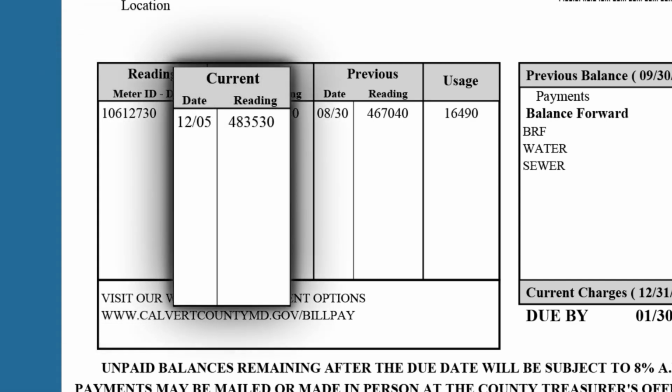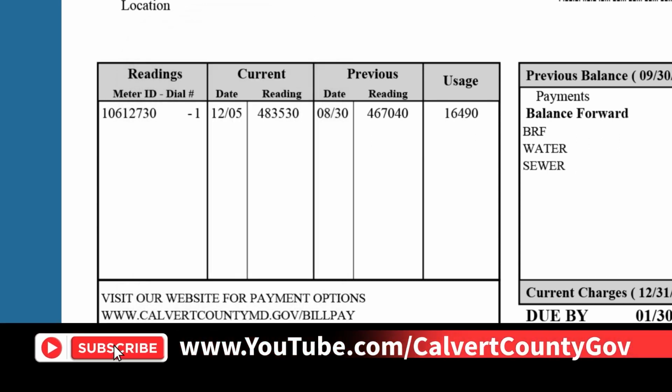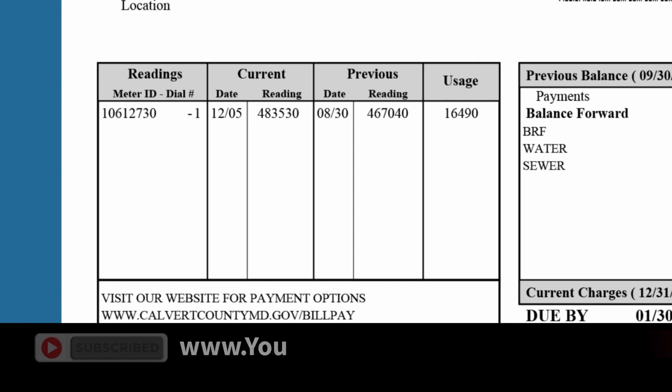Moving to the right, you'll find the section titled Current, with a date and reading of your location's meter. In this section, your reading displays the amount in gallons used by your dwelling, up to the date beside it. This date is when your meter was last read. Check out our video, How Do Water Meters Work, for more information about how your water and sewer meter is